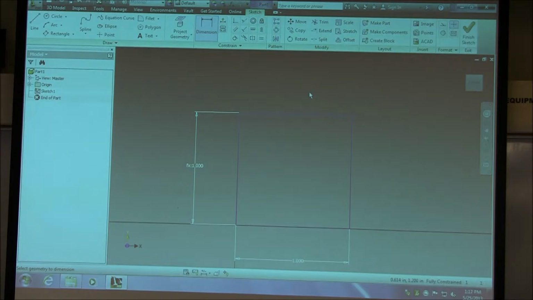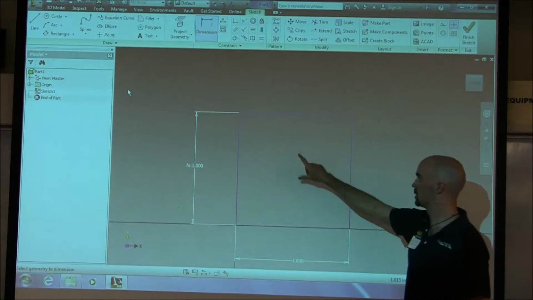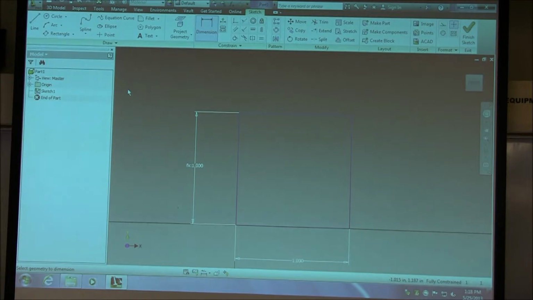The next thing I want to do is, because I want it to be a hollow tube, I want to put another shape on the inside of this one so that there's this hollow space through the middle. I could go back in and draw another rectangle. That'd be very simple and very easy. What I want to do, though, is show a different feature of it. So I'm going to do